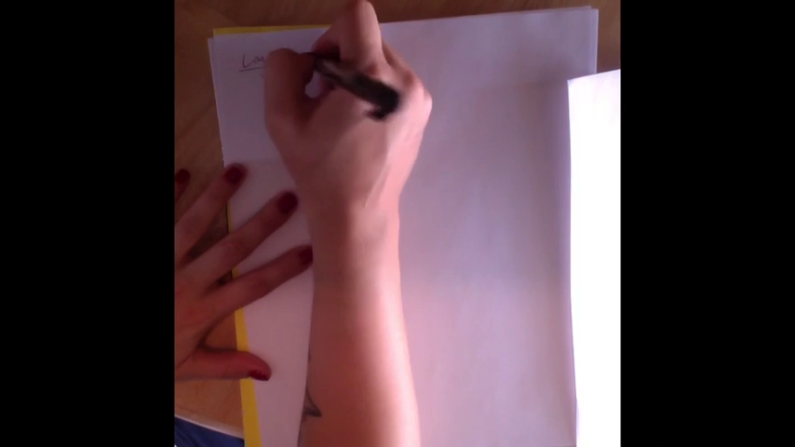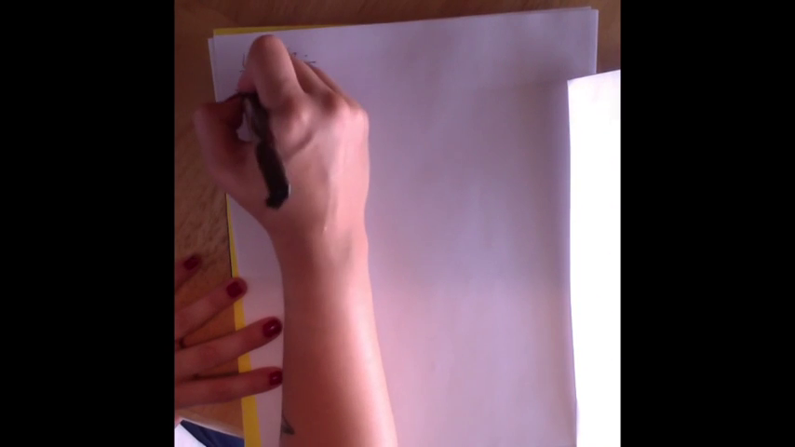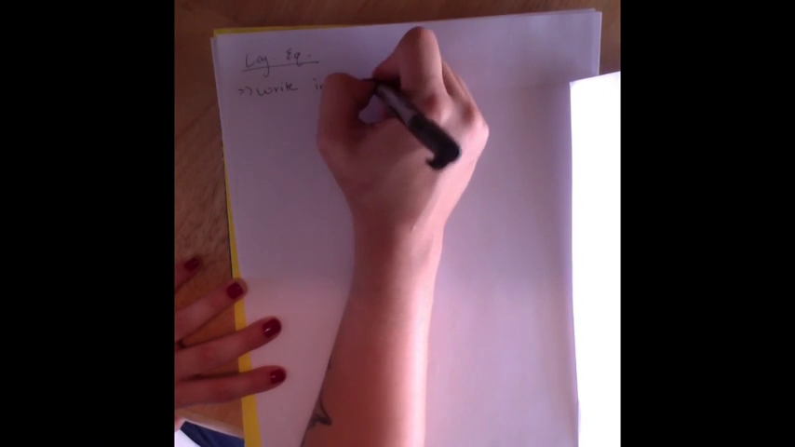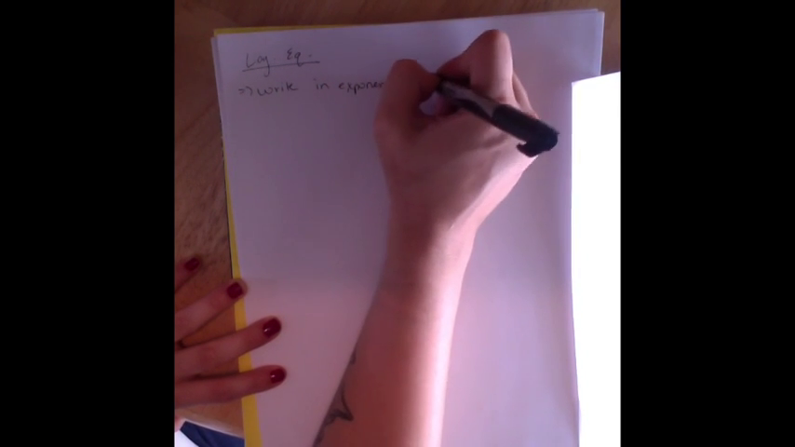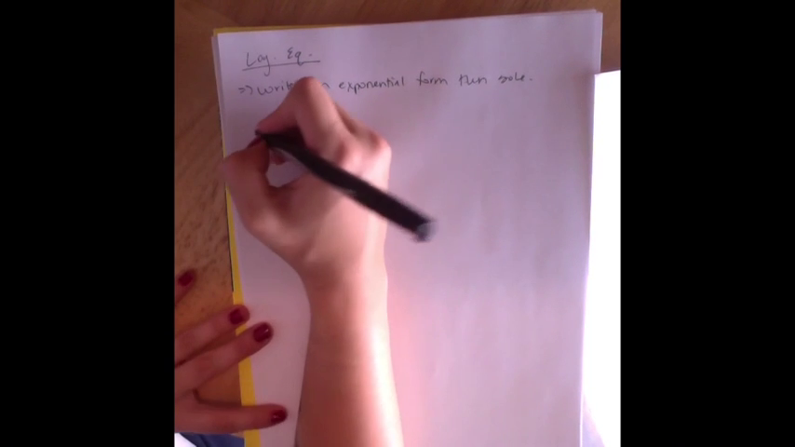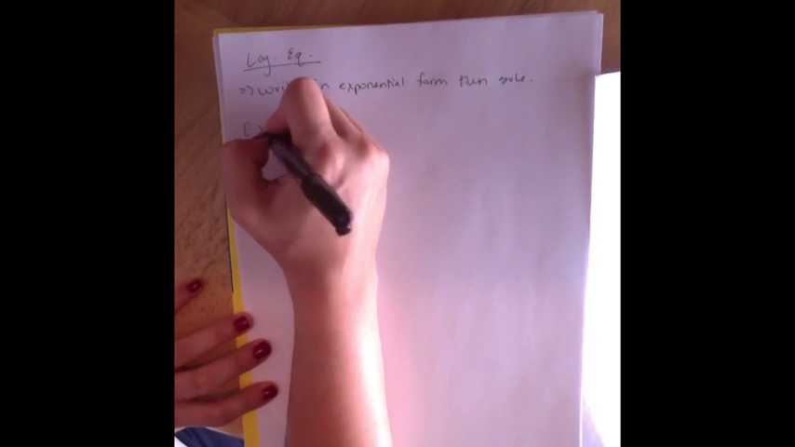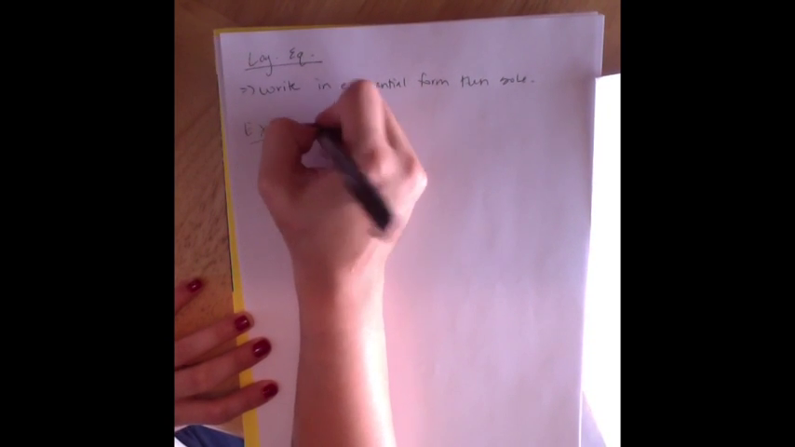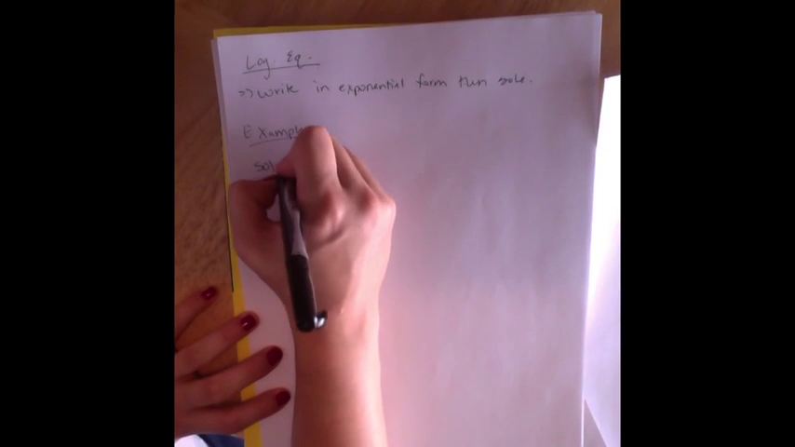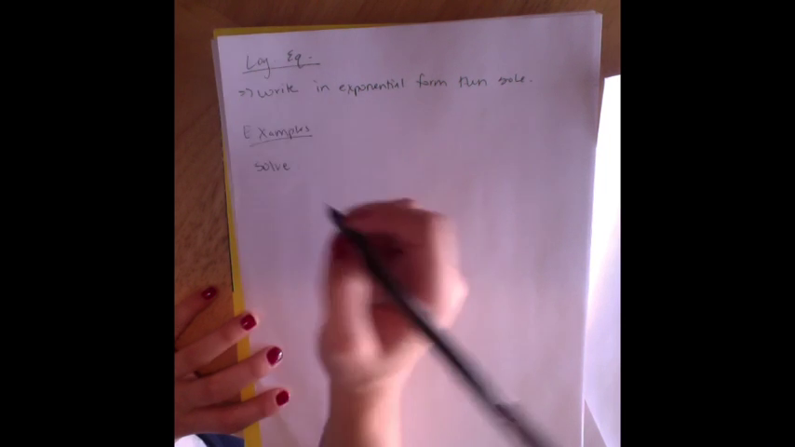Now, logarithmic equations. The key to logarithmic equations is we need to write everything in exponential form. Then we solve. So let's look at a few more examples. Just going to write a blanket examples. If we were to solve for all of these,